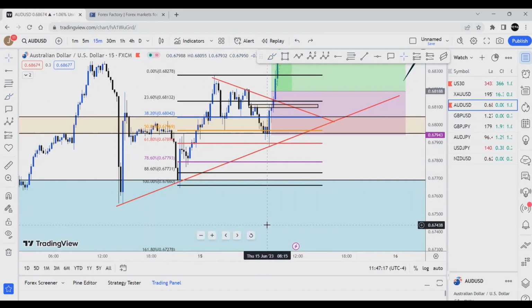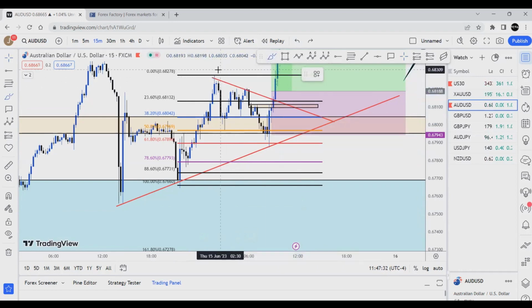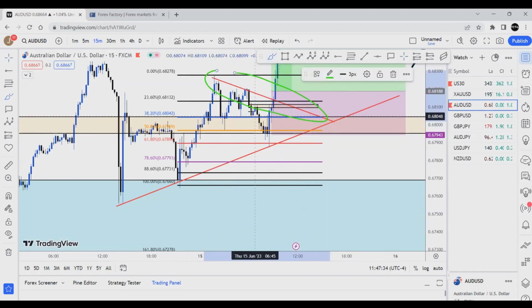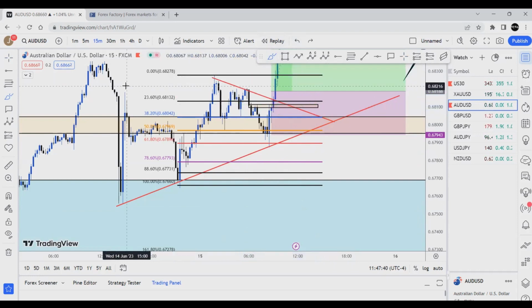So the first thing was the fact that price is above our major supply and demand. Second, we started creating higher lows. Third, price retested the 618. Fourth, price broke out of the downtrend line, which is here, and broke the previous resistance. And last but not least, market bandit gave us the setup.